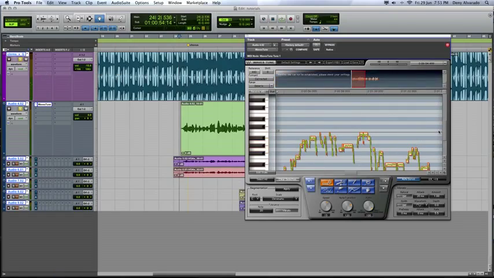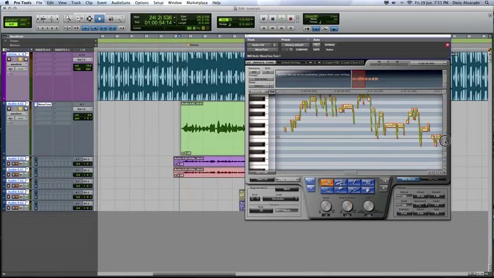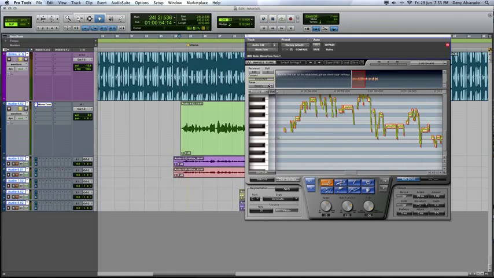Okay, so now that we got the file in there, what do we need to do? Well, for starters, let's make sure that this is uncorrected and range is generic, reference 440 hertz. Let's put our key on. So if you don't know your key,